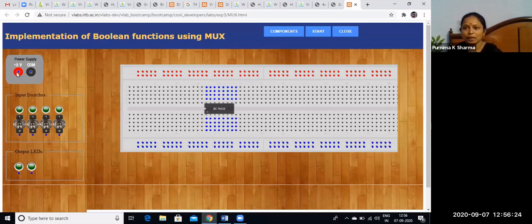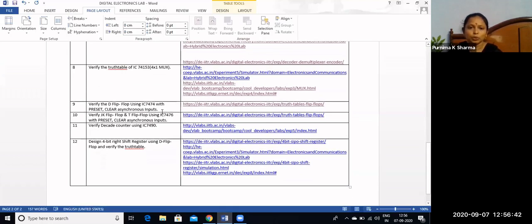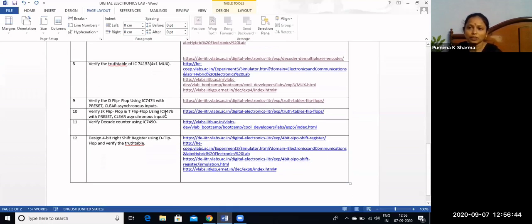Supply will be given to the 14th pin and ground will be given to the 7th pin. Same like whatever we did in the previous experiments, same thing we can do with the lines. To get real experience about the breadboard and the connections, you can go for the IIT Bombay lab.